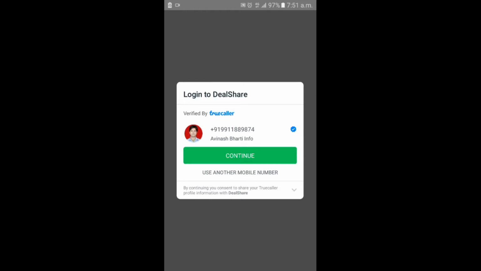Yeah, now you can go inside the DealShare app. You have to log in with your mobile number, email ID, whatever you are using. First of all, for mobile number, I have already logged in with my original personal mobile number, so just continue.